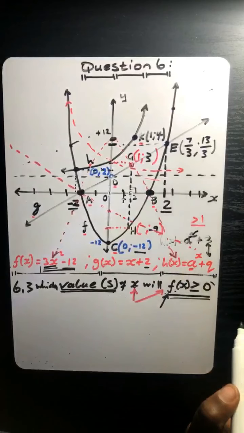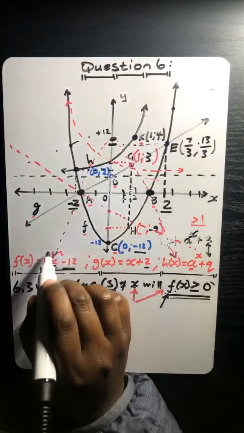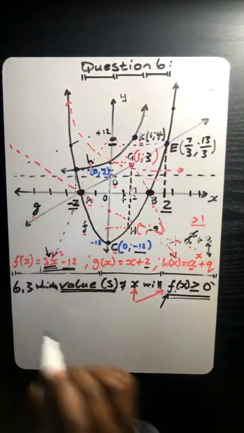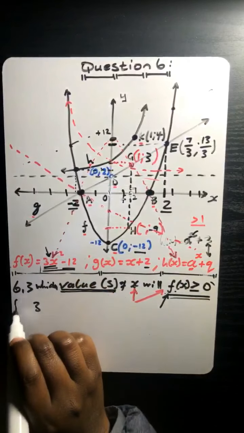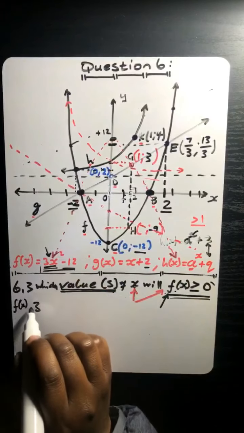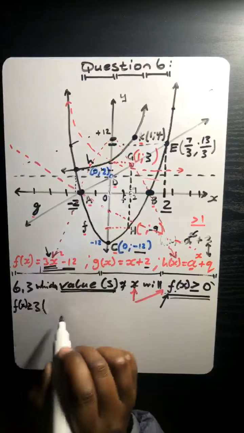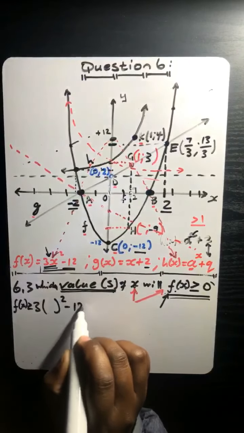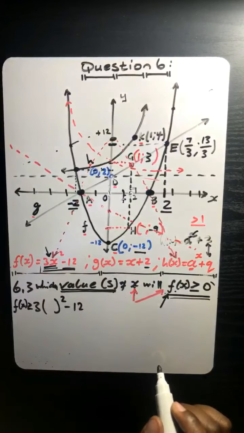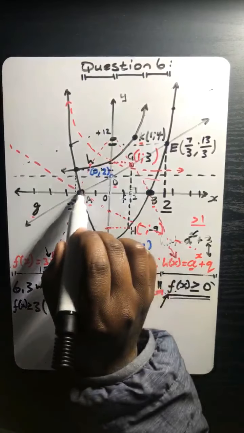Remember, you just substitute it into that equation there, so you check if f of x is greater than or equal to 0, where you have 3 times whatever value squared minus 12. Or otherwise, based on experience, I can see that from this point